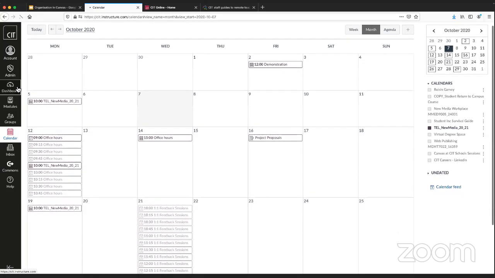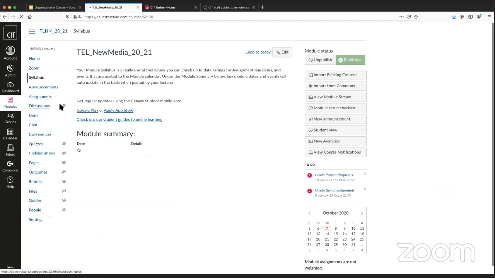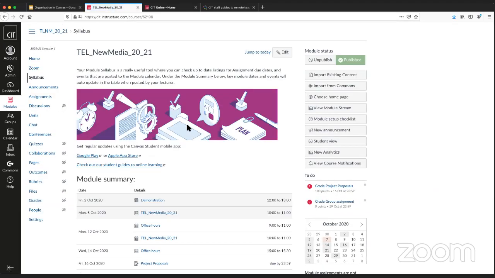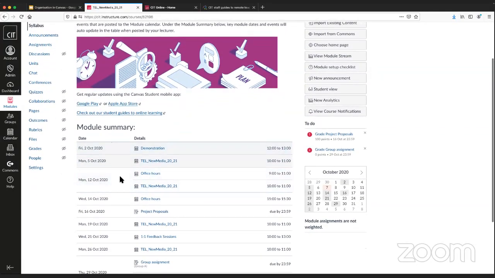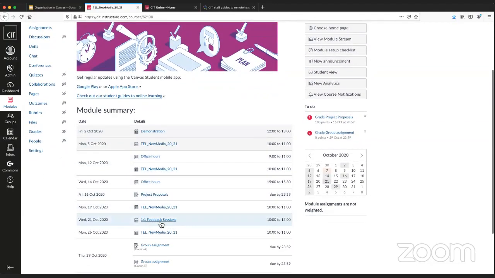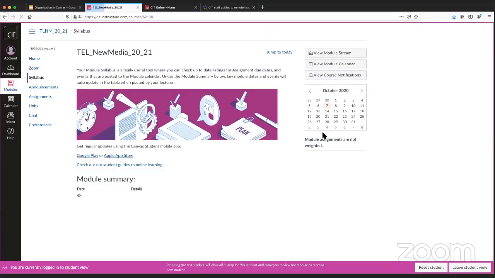Okay, so if I go back into my dashboard, go into my module, I'll go over this again afterwards, but I just want to show you from a student's view what they will see when they look at the information for this particular module. I can see down here in my module summary that the feedback session time range has come up here from 10 until 1. So if I just jump into student view here,